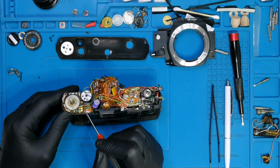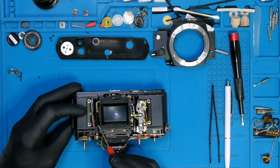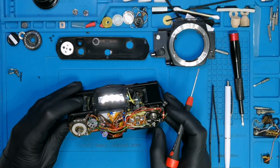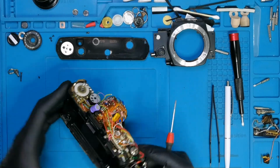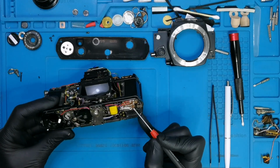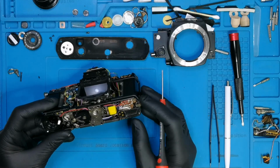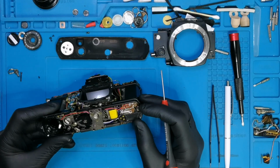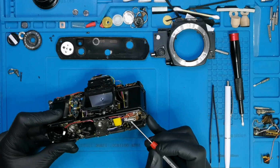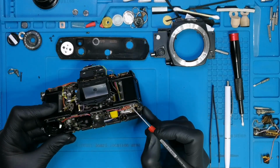So my main goal is to lift the flexi, and in order to do that, for the other two cameras I started to disconnect all these wires. So you see there are a lot of wires from the flexi, which now seems like a bad idea. I would rather disconnect the wires from the bottom plate, because I think it's harder to burn in case I get it wrong with the LED con. Then I could disconnect, yeah, I will disconnect all the wires from here,